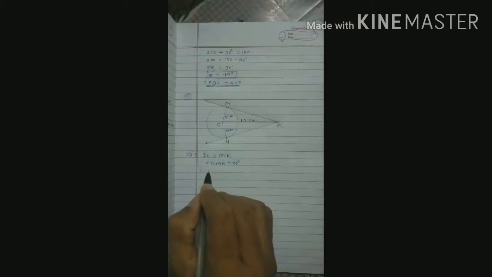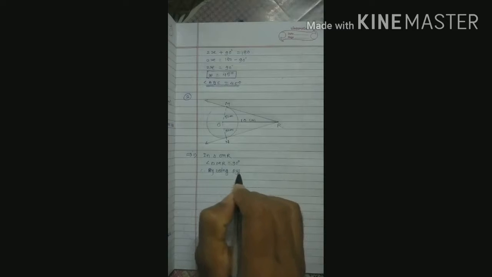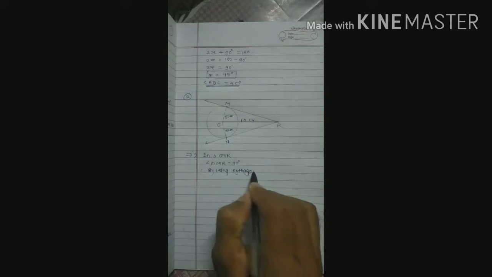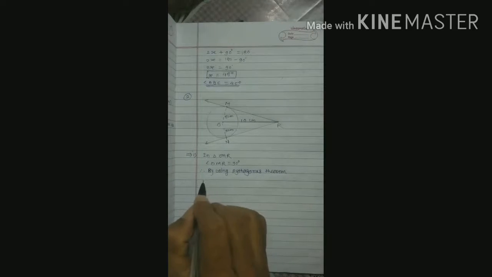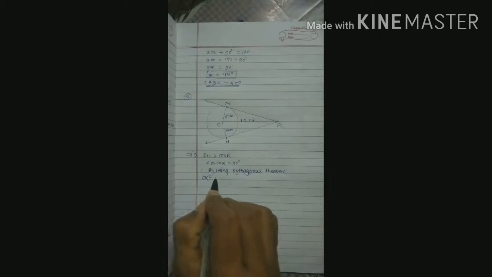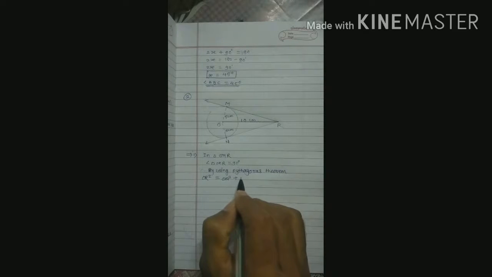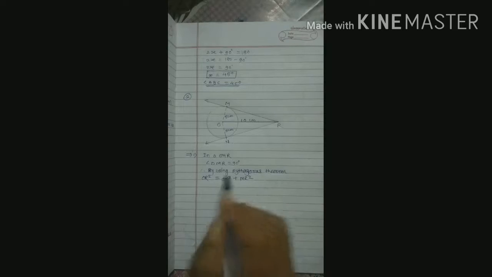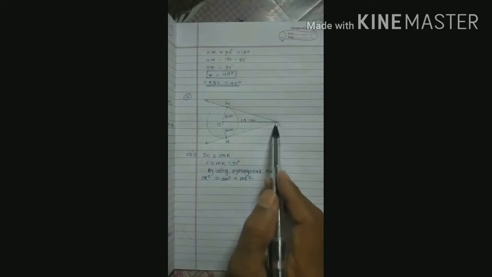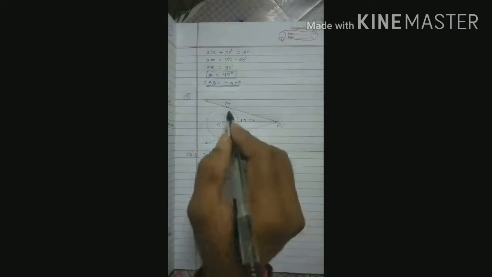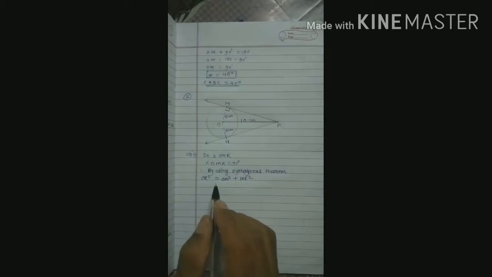Then by using Pythagoras theorem, OR square is equal to OM square plus MR square. This is the triangle, and here this is the 90 degree, means this is the hypotenuse. And then adding the values,